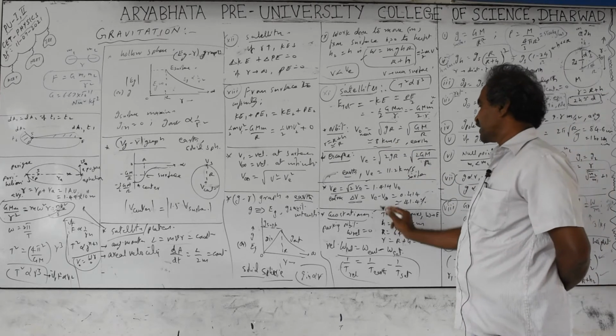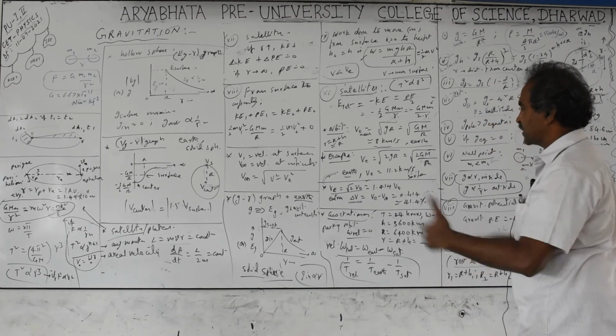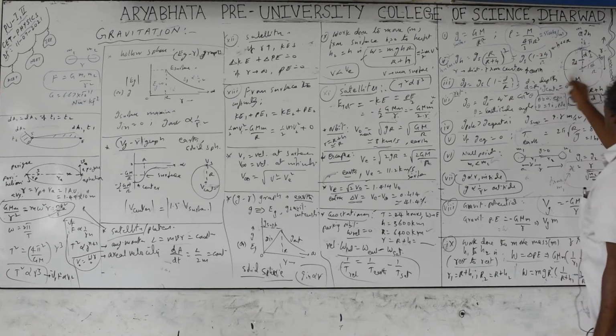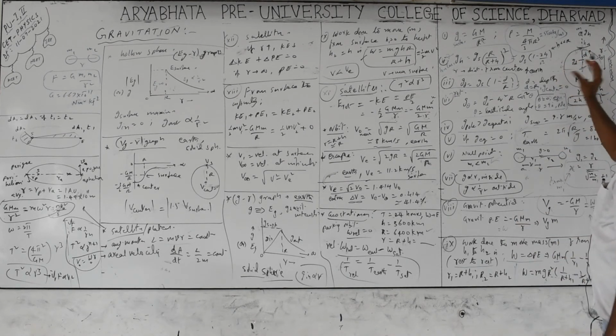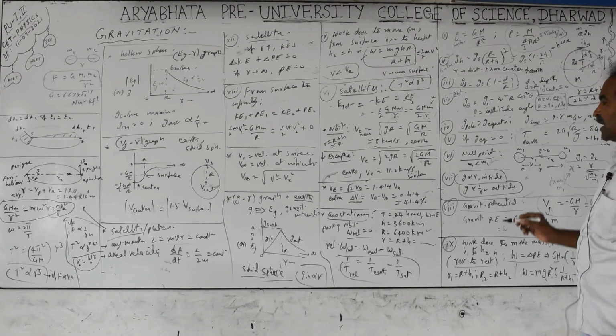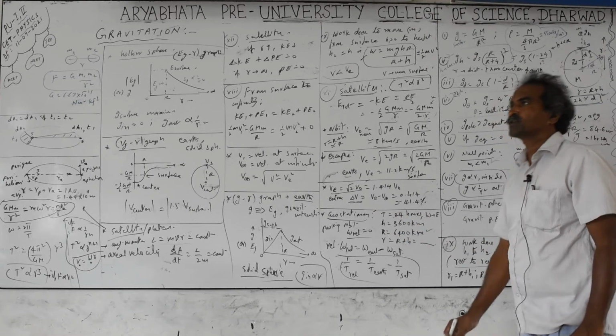Next, geosynchronous satellite, also called a stationary satellite. Synchronous means, chrono means time, the same time period. It is a satellite revolving around the Earth in the same direction. Earth is revolving from west to east, so the satellite must also rotate in the same direction with the same time period as the Earth. When the time period is the same, it always appears stationary to persons on the Earth's surface, so it is called a geostationary or geosynchronous satellite.